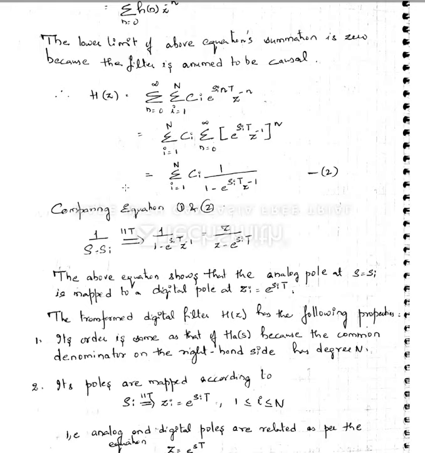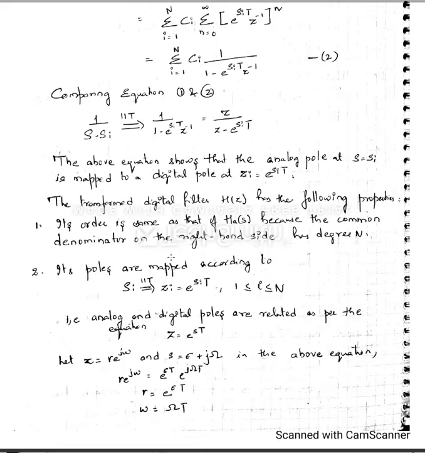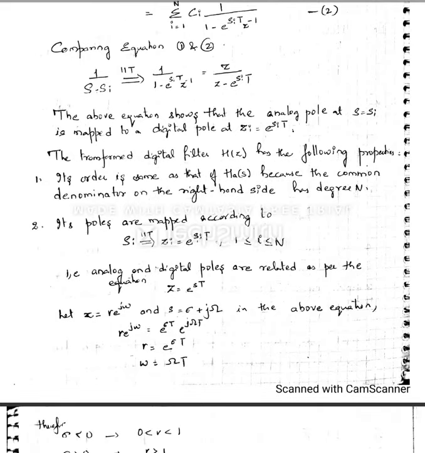And this is also one of the stable techniques of converting your analog filter to a digital one, so it is very widely used. Now, some properties they are observing with respect to what we have derived here: the order remains the same. They say the order you obtain of H(z) from H(s) remains the same, so it does not change. Also the mapping of the poles, there it was in the S plane, here it is in the Z plane, so the mapping is si converted to zi, which can also be written as e to the power si T.